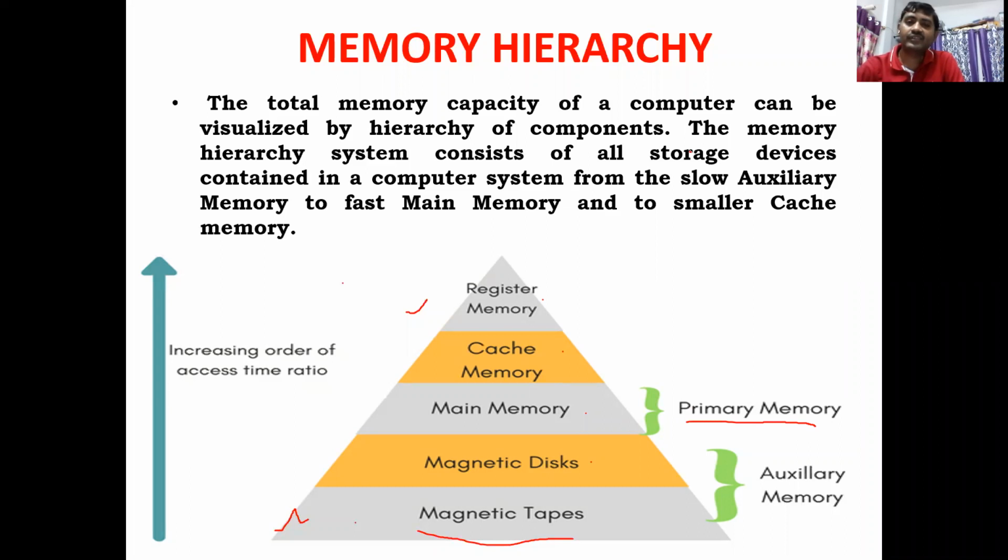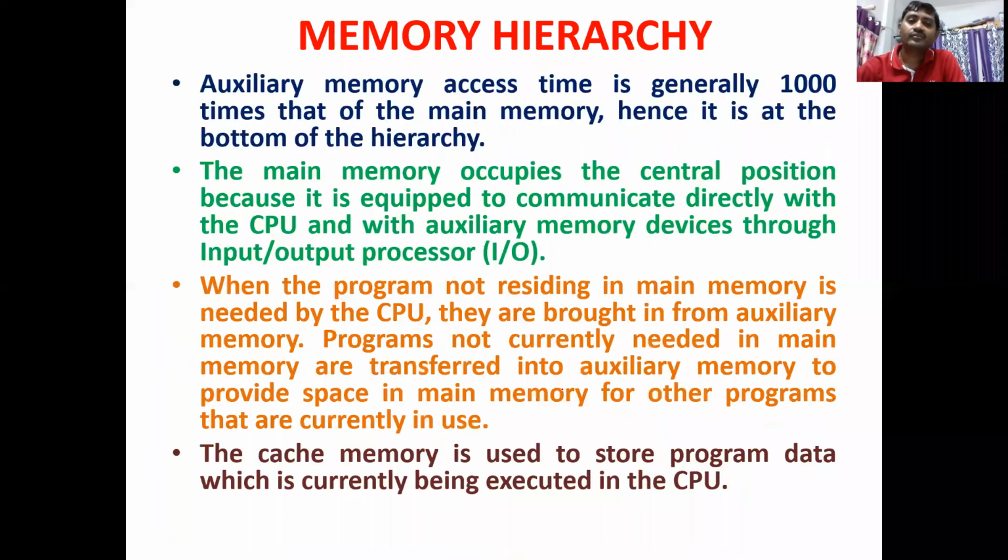The next ones are magnetic disks and magnetic tapes. The best example of magnetic disks is your hard disk, and there is one more called a floppy disk. At the end of this class, I am going to show that floppy, right? Hard disk you might have already seen in your computer lab in first year. Magnetic tapes, I have a tape with me, and you can see this as well at the end of this class, right?